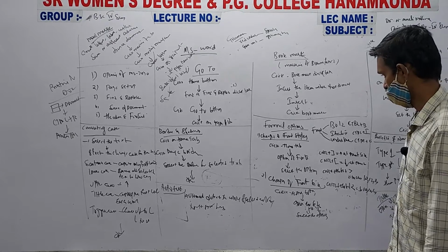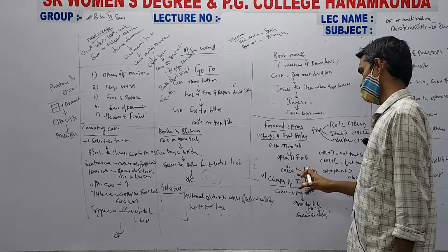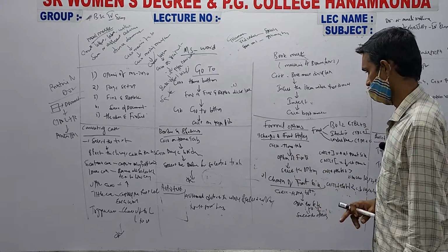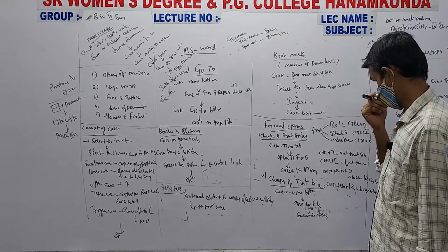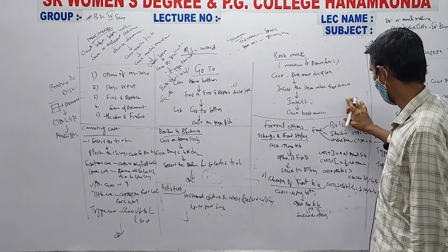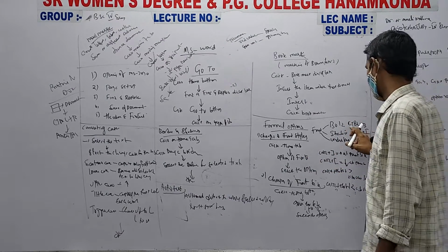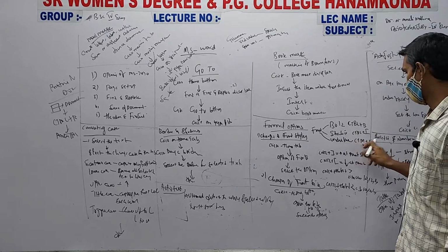Next, format options. There are two format options, that is font style and font size. Click on the home tab, select the option of the different fonts and select the option. The font styles can be written in three ways, that is bold, italics and underline. For bold you go for Control B, italics Control I, and underline Control U.